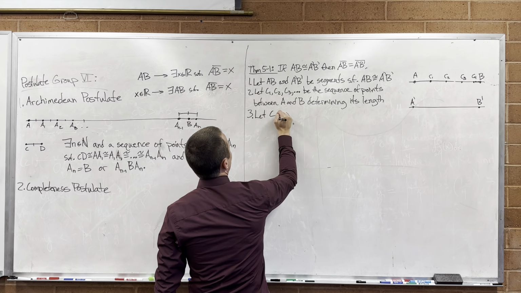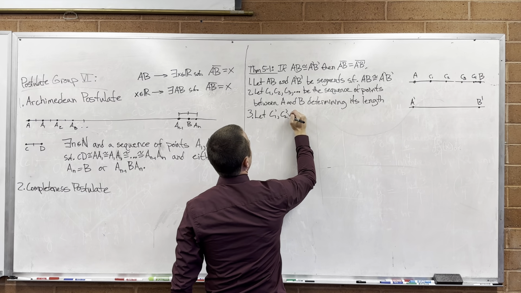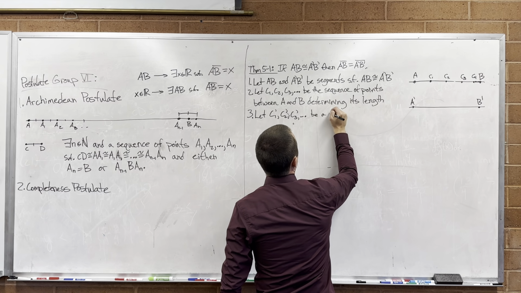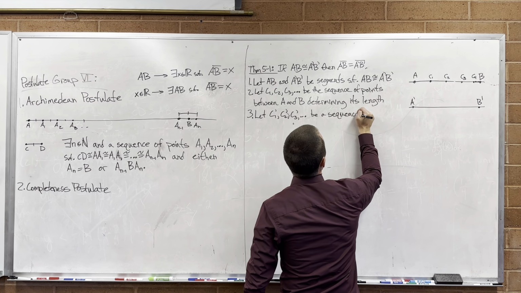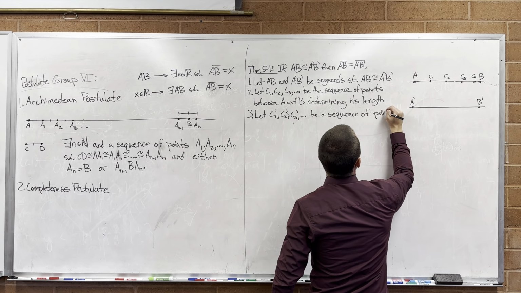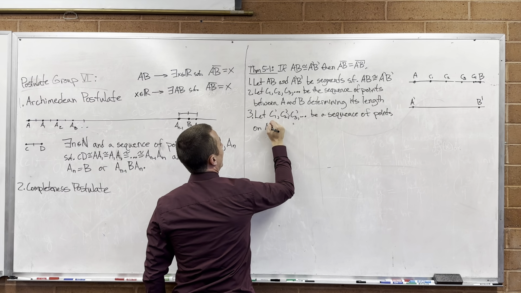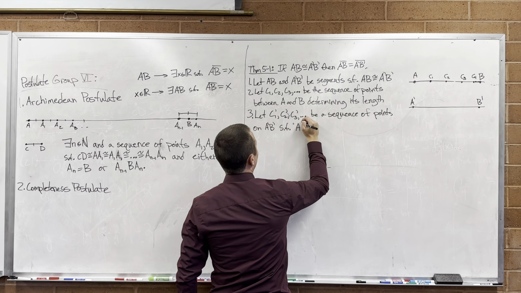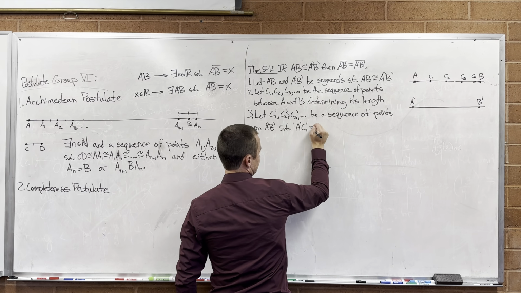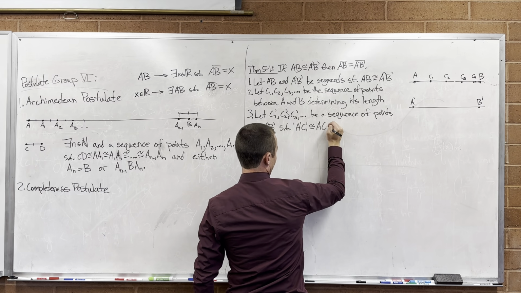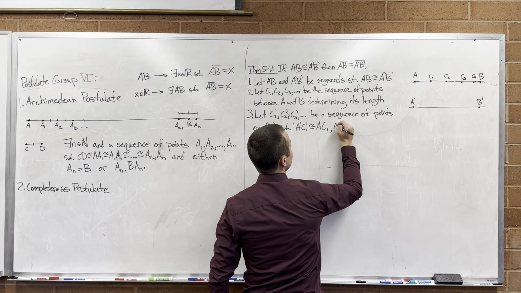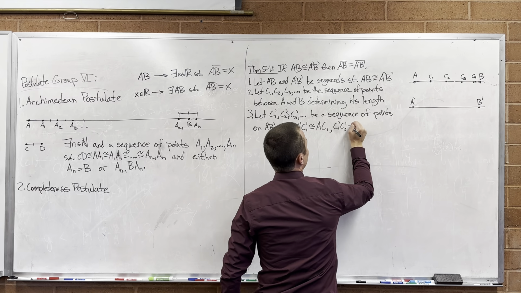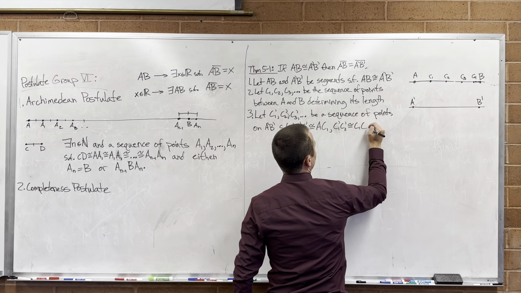Now, let C1 prime, C2 prime, C3 prime, dot dot dot, be a sequence of points on A prime, B prime, such that A prime C1 prime is congruent to AC1, C1 prime to C2 prime is congruent to C1 C2,